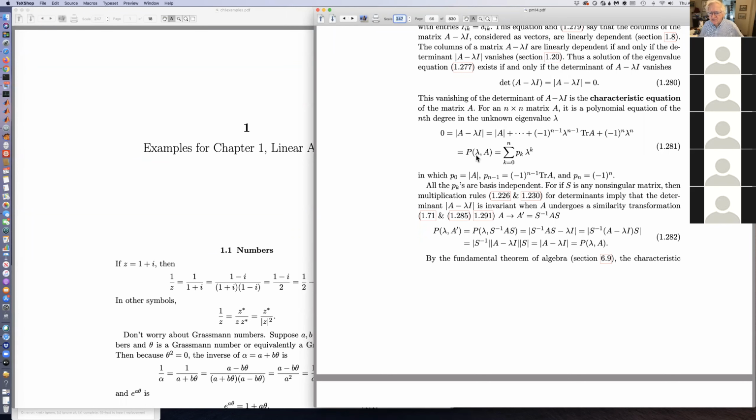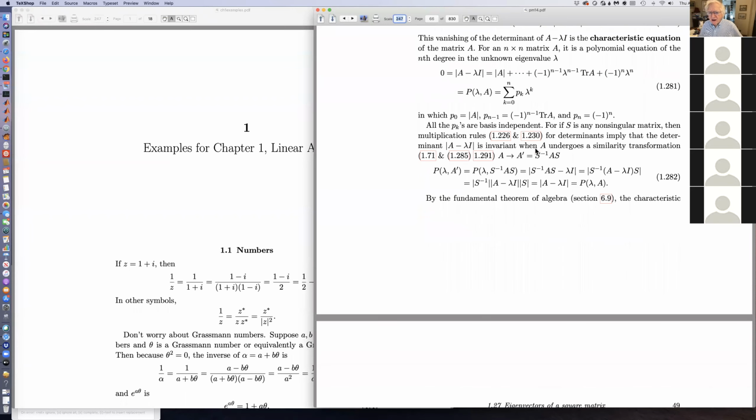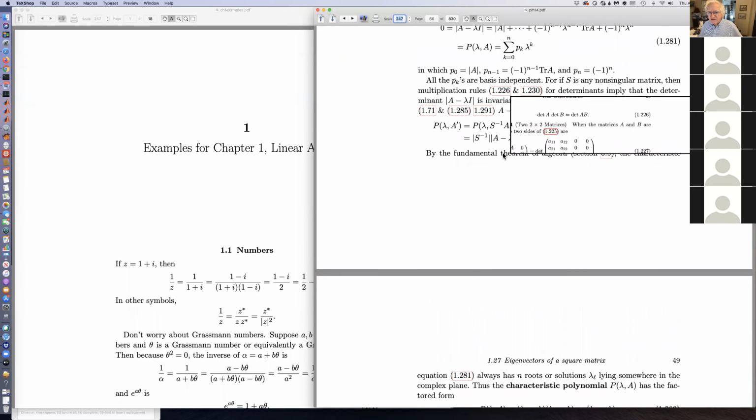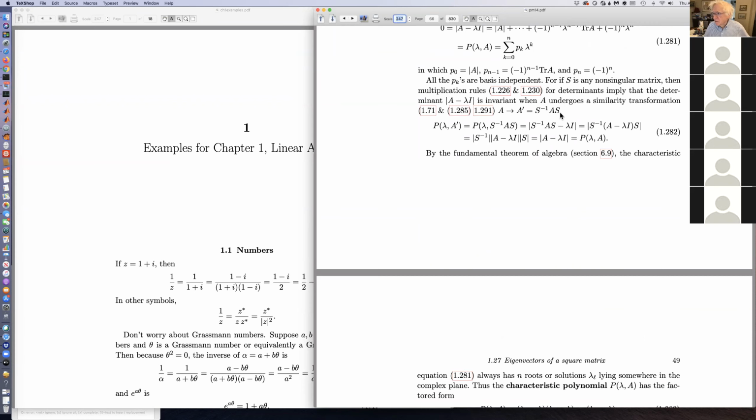It's sometimes written as P of lambda and A, and it's a sum of coefficients pk lambda to the k. All of these coefficients pk are basis independent, because if you change basis by letting A prime be S inverse AS, where S is an n by n matrix, arbitrarily complex,